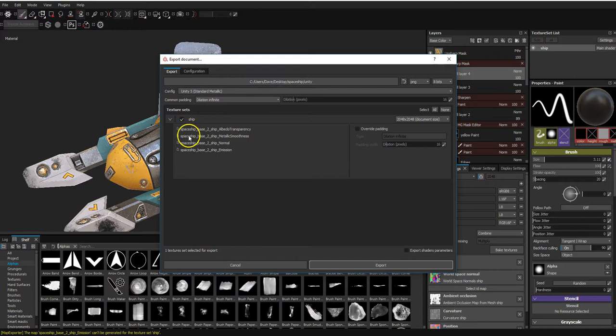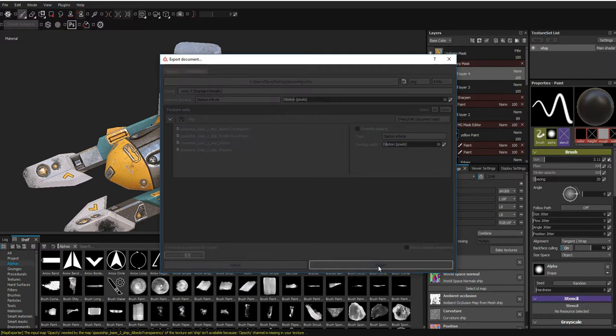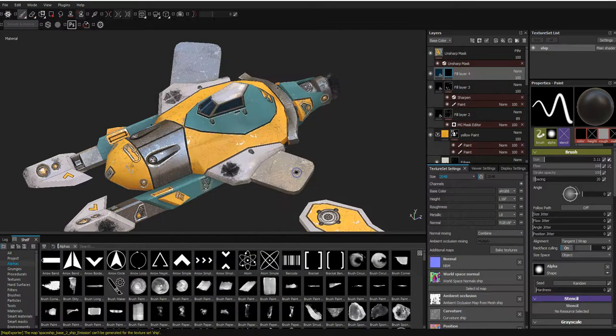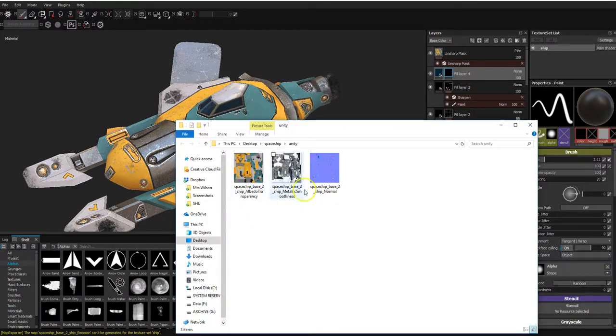So if you look here, it's got spaceship base to ship metallic smoothness. So what it's going to do is reinterpret the information we've got as roughness on this model as a metallic smoothness map. So it will put the roughness into the alpha channel. So if we leave everything exactly how we want, I'm going to put it in this little folder called Unity, and I'm just going to export. And if we open the folder, then we end up with just 3 maps, because our roughness map is now